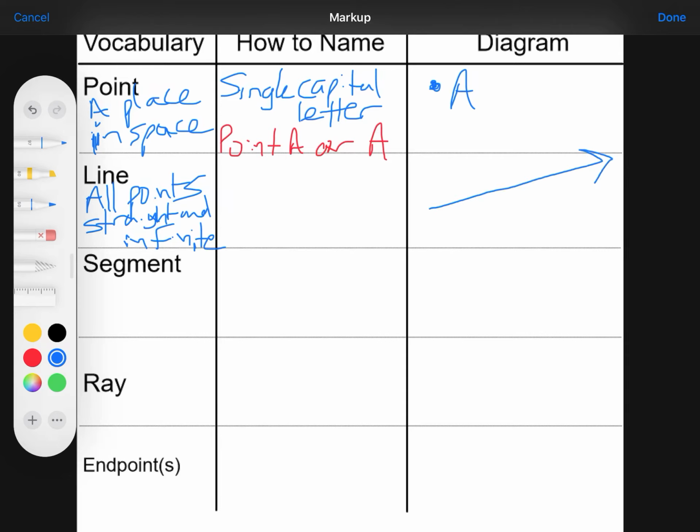And it's infinite, so I need to make sure I draw an arrow at the end, making sure you realize it goes off the screen, sort of upwards to the right forever and ever and ever until it goes to outer space. And it's going to slant downwards here to the left off your screen, sort of down as it eventually gets into the earth, and all the way through the earth to the other side into space forever and ever and ever. Lines are infinite. They go on and on forever. Oftentimes we don't care about them too much when they leave our field of view, but just to be clear, lines do keep going. The way you name the line is with 2 capital letters